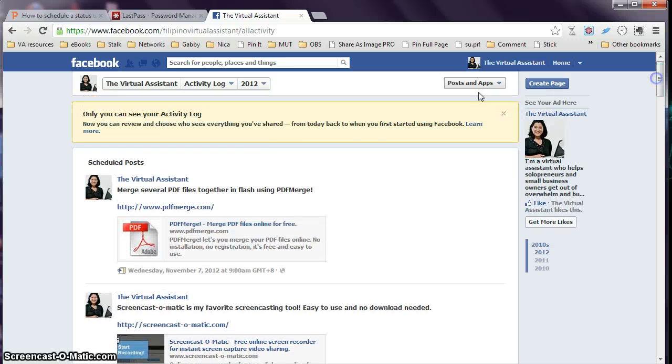And if you want to cancel something, just click on here and then say cancel post, or you can change the time, or you can choose even to publish the post now if you accidentally scheduled it. So I really hope that you give this scheduling feature a try and see what changes it brings to your impressions and engagement.